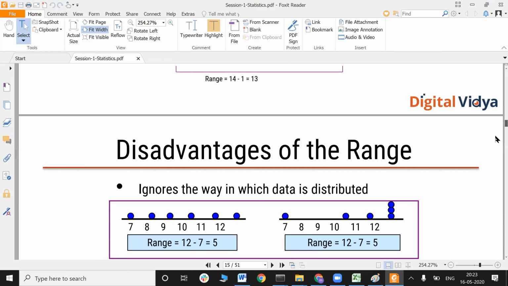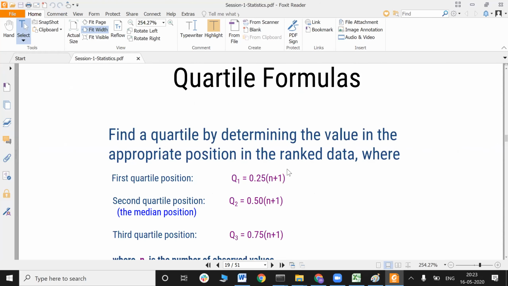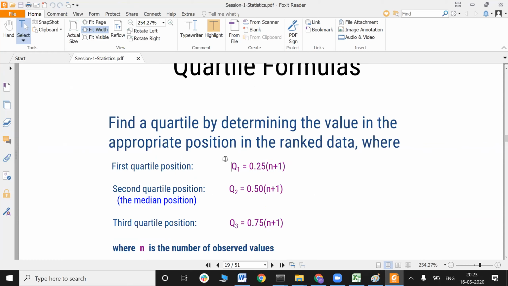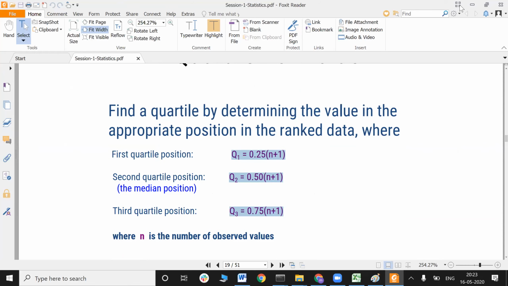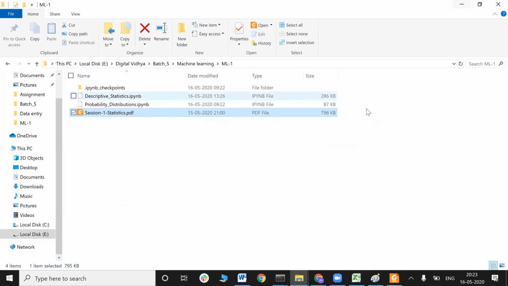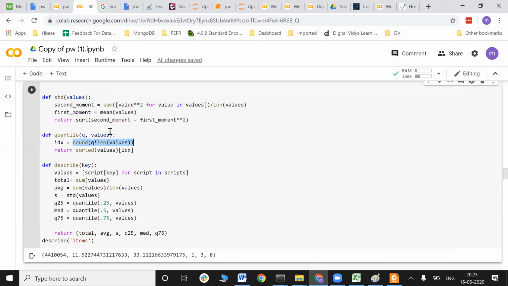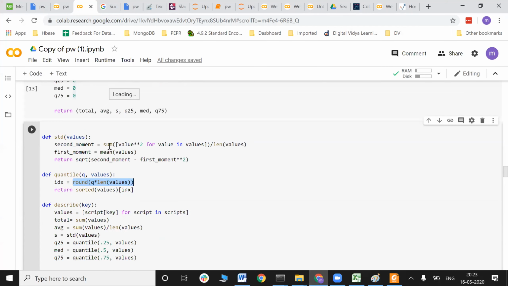Here it is, 0.25 into n plus 1. Quartile formulas, okay. I didn't notice. I understand now. Clear on question number 1? Yes.